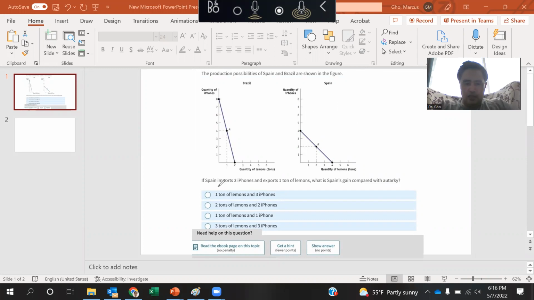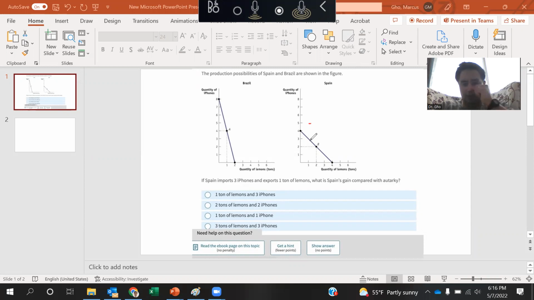In this case, Spain imports 3 tons of iPhones, or 3 iPhones, whatever units those are, and exports 1 ton of lemons. So let's see, where would we put that in there? Their initial point is at point B right here. So if they export 1 ton of lemons, that brings it back 1 unit right here. We're right here. And they're importing 3 units of iPhones. That's 1, 2, 3. So this point right here is where they're able to consume, which is